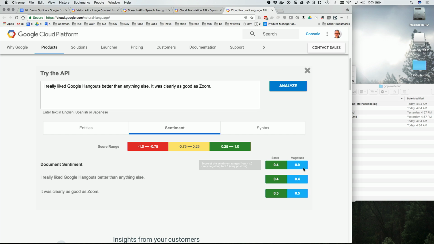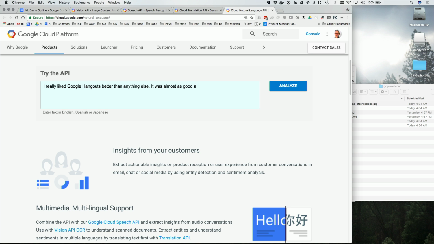And this number gives you a strength of the feeling. So it's really good, but it's not that important. Or it could be really good and it's really important. So you'll notice that the first sentence was a 0.4 and a 0.4, and the second sentence was actually slightly better. Now, if I said it was almost as good as Zoom,